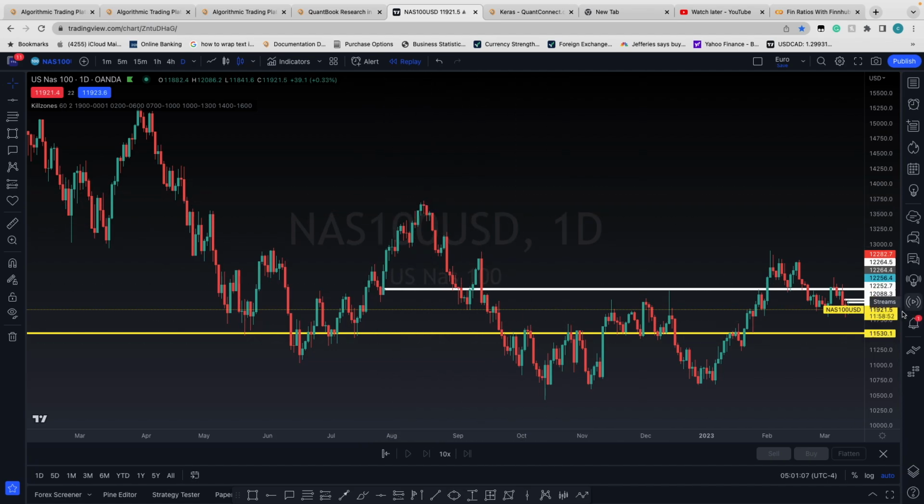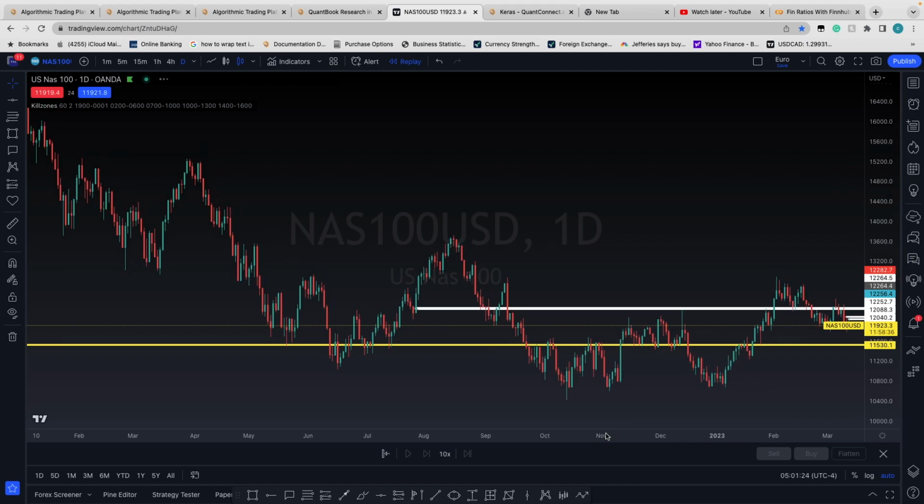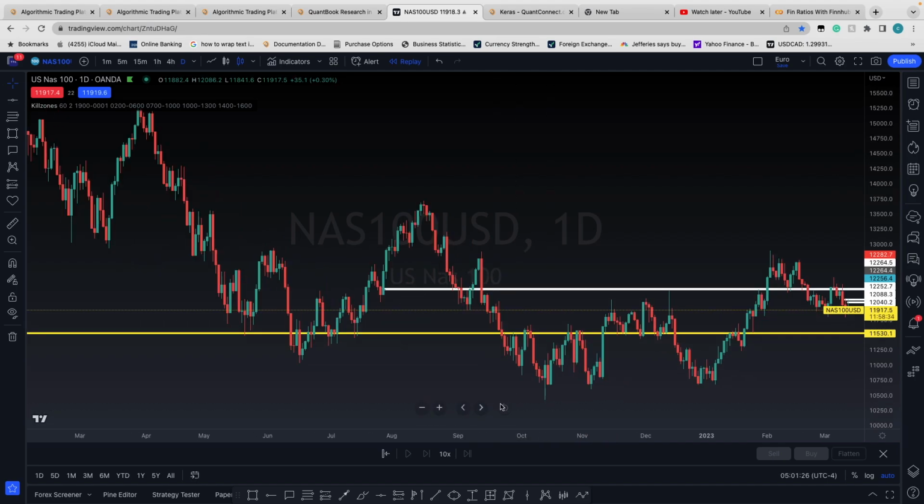I was actually just reading this book, and I'll link the book in the Discord as well. It was very helpful, and it was talking about using trend lines. But in their discussion about trend lines, I ferreted out some interesting points that I think might be helpful to the way that most people trade. So that being said,